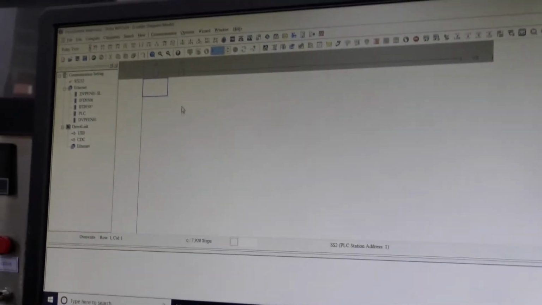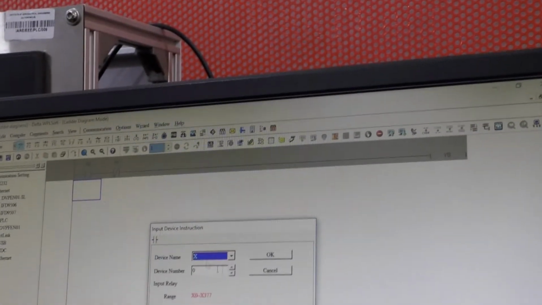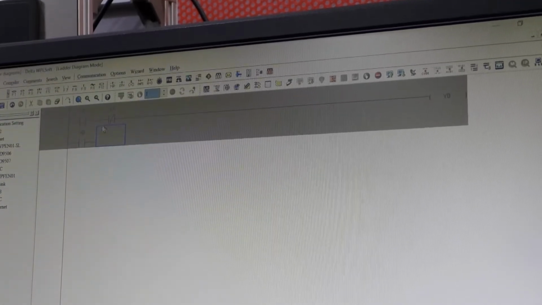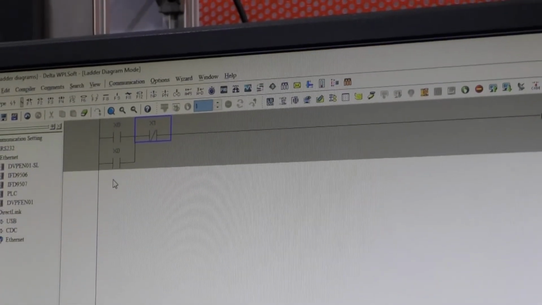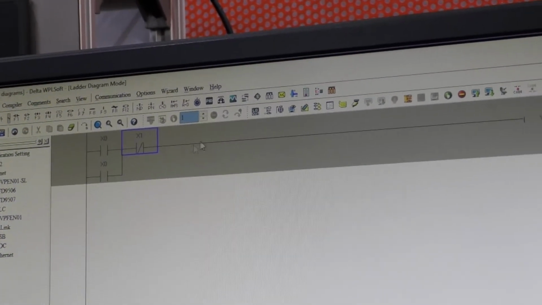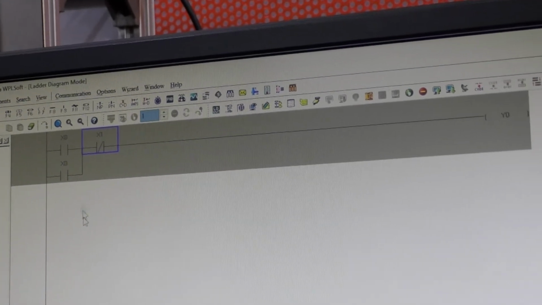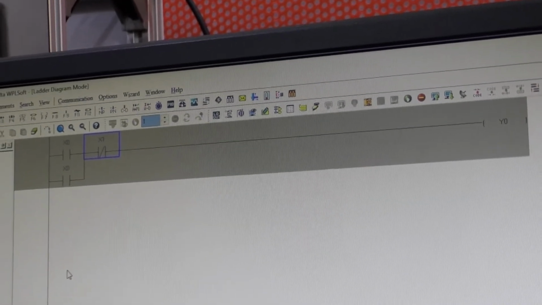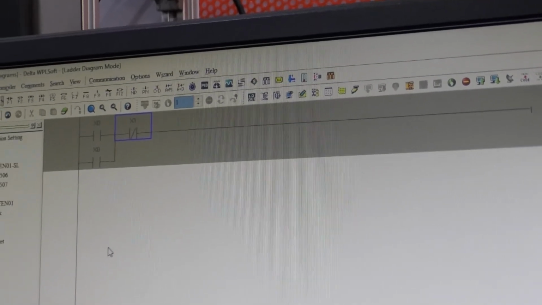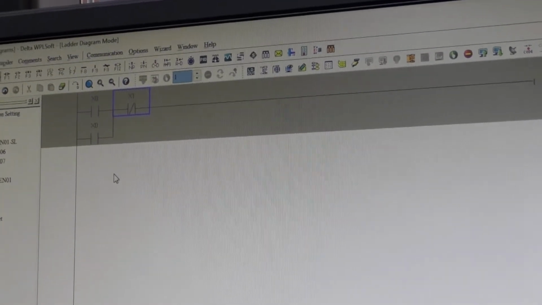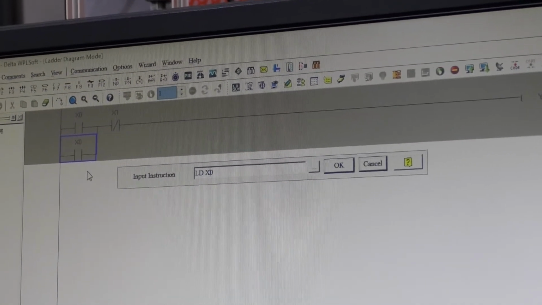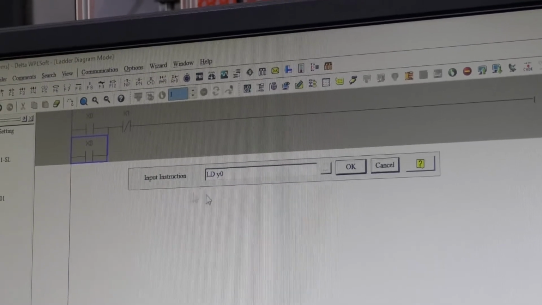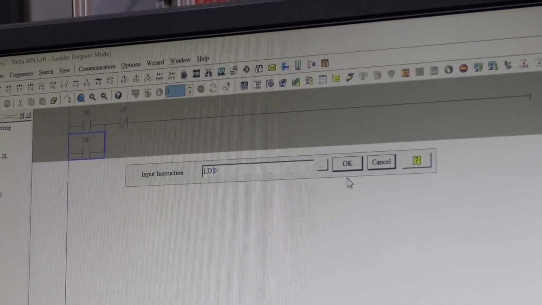Now, similarly, I'm just connecting a latch circuit here. I'm connecting X0, and you can see F9, just a vertical line. There must be a connection to this also. Two lines I'm connecting. So it is nothing but X0 is a latch. Just I'm connecting this output as a latch now. So it is nothing but Y0. Just select capital.